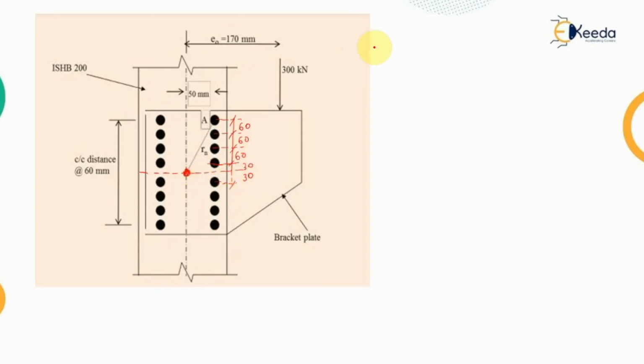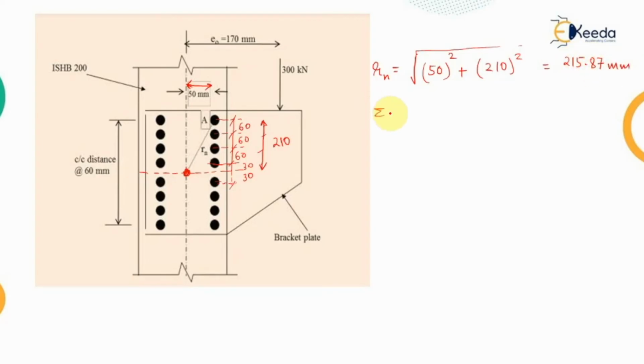So from here, we calculate this Rn value using the Pythagoras theorem. This is the horizontal distance between the bolt line and the centroid of the bolt group. So it is given by the vertical distance square plus horizontal distance square. The horizontal distance is 50 and the vertical distance is 210, that is 60 plus 60, that is 120, plus 60, 180, plus 30, that is 210. This is the total vertical distance of the extreme bolt from the centroid of the bolt group. So the Rn value, that is the distance of the critical bolt from the centroid of the bolt group, comes out to be 215.87 millimeter.